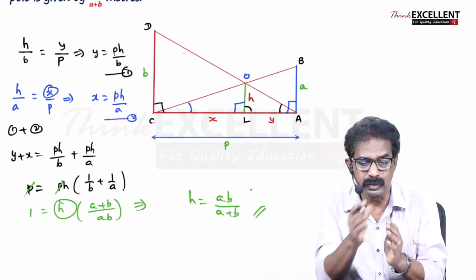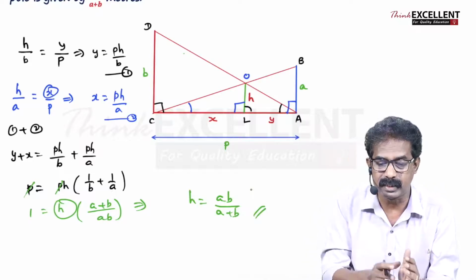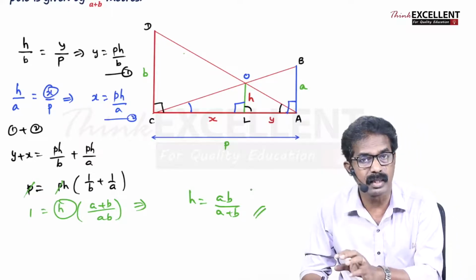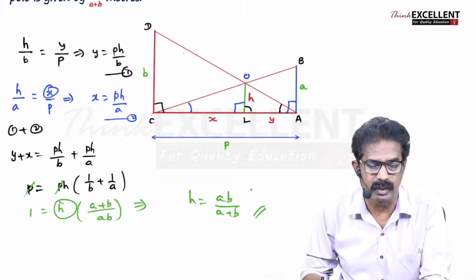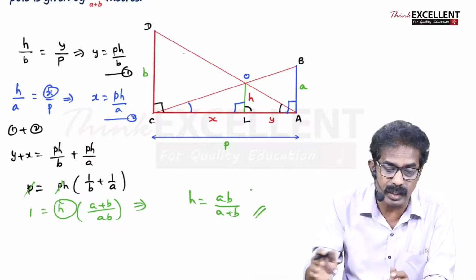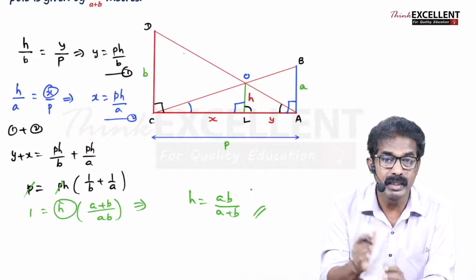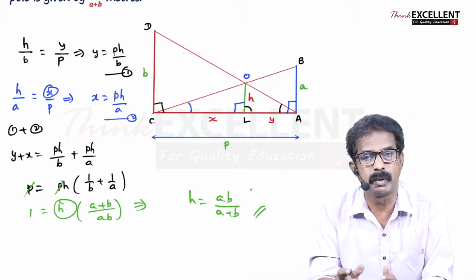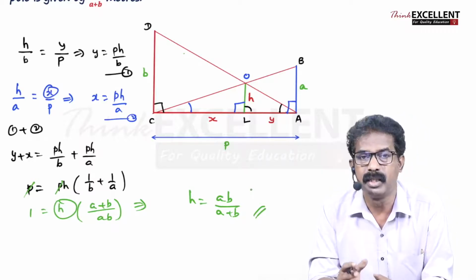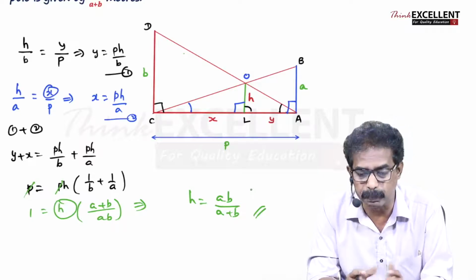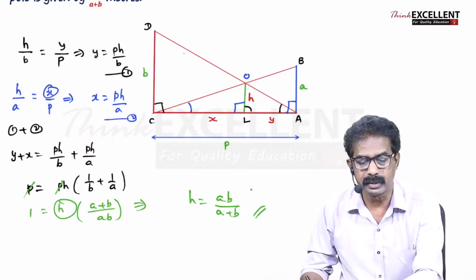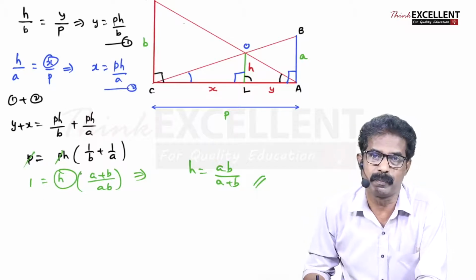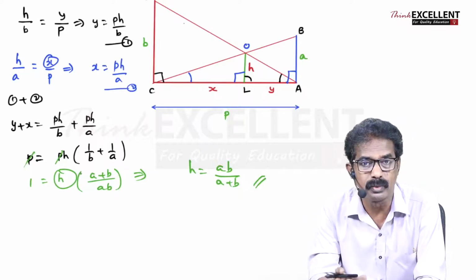So first we take one set of triangles ACD and ALO. We prove that the two triangles are similar, corresponding sides proportional. From that you find the y value. Then you take the other end, CAB. Inside there is another small triangle. The two triangles are similar, corresponding sides proportional. From that you find the x value. Just add it. X plus y is P. Then you take PH outside, you simplify, you'll get the answer. But for the examination, you write the steps properly. That the two triangles are similar, how? Everything you have to mention.